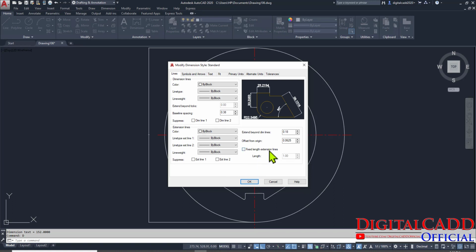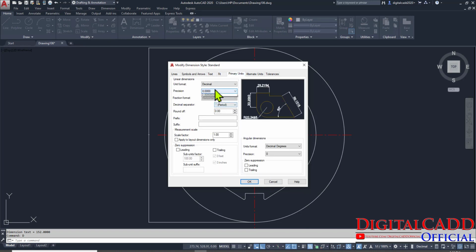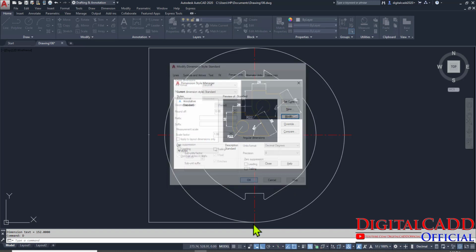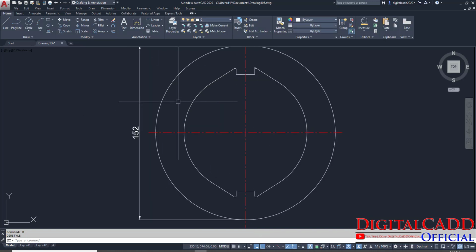We have to increase the gap a little bit, and 1 mm is enough for us. Fit, check mark here. Primary units, let's take it 0 and say OK to it, and then OK to it.